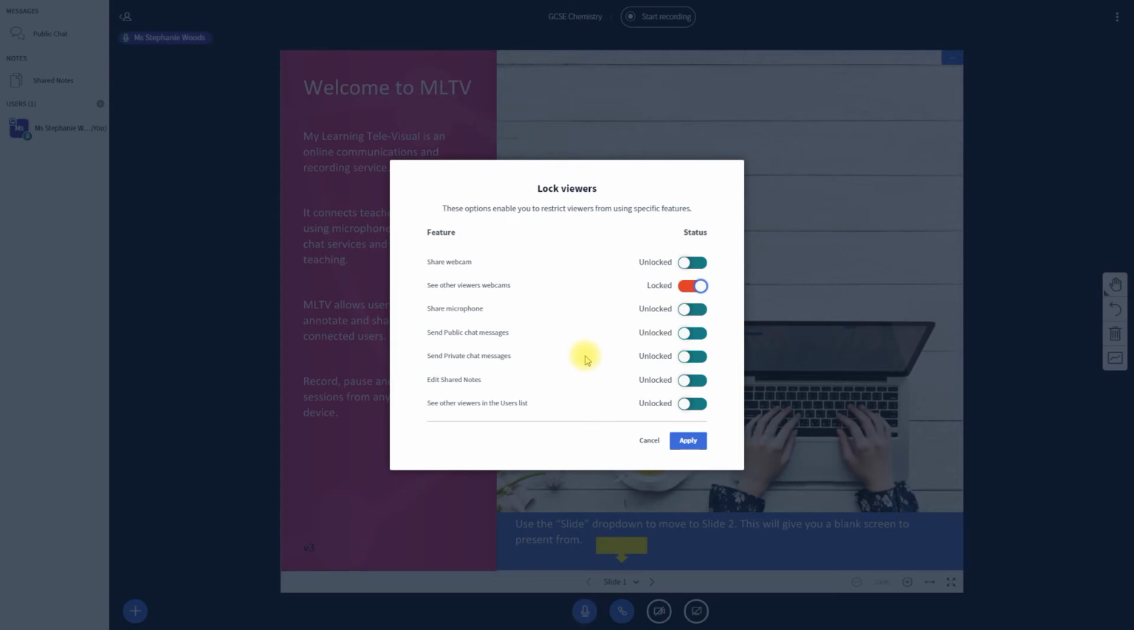If you feel that during the session you don't actually need to see the students' webcams at all, you can also lock those so that the students are not transmitting their own webcams. But ideally, during a live teaching session, you do want to be able to see that your students are there